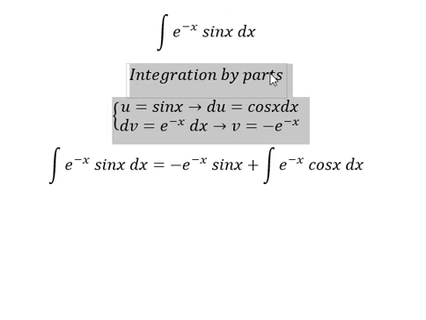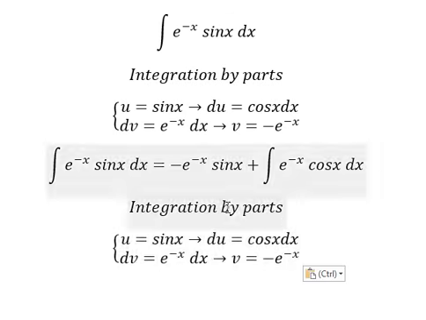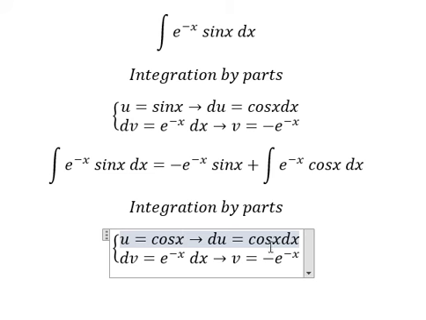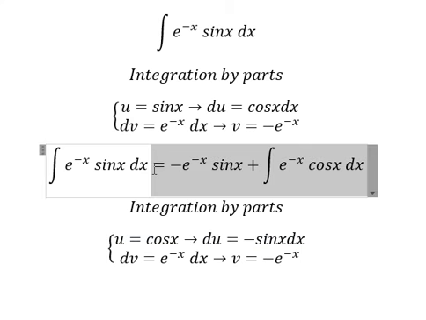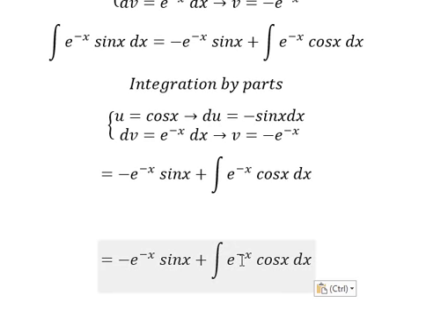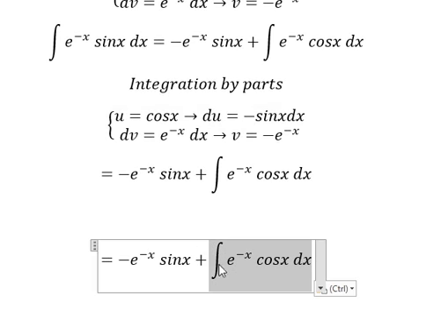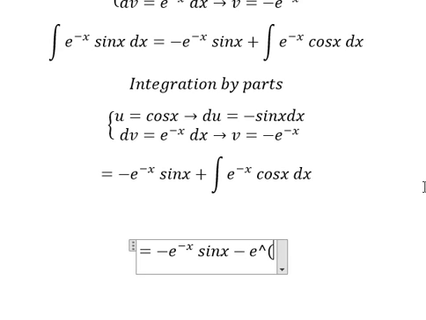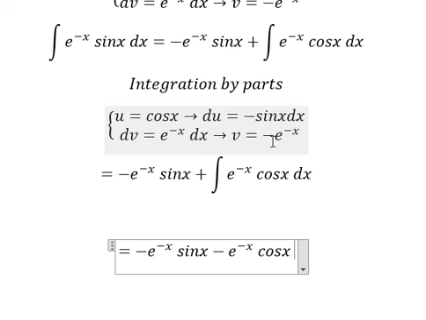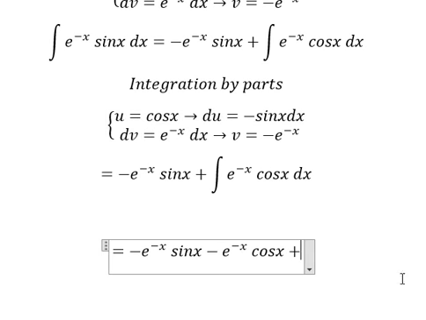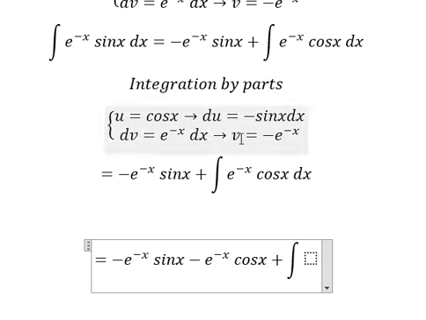We continue to use integration by parts, but now this one is cosine x, this one is negative sin x. Now the integration of this one, we have u multiplied by v. Negative with negative, you get positive, but we have another negative in here, so you get positive, and we have the integral of du multiplied by v,